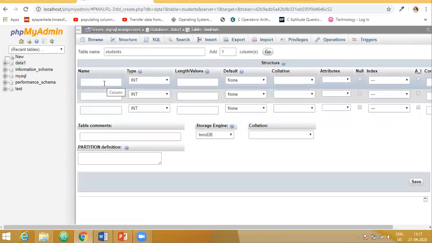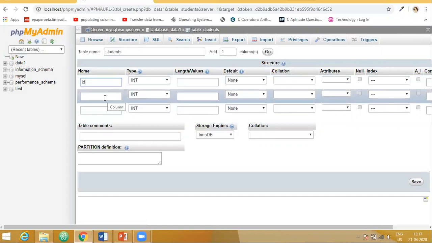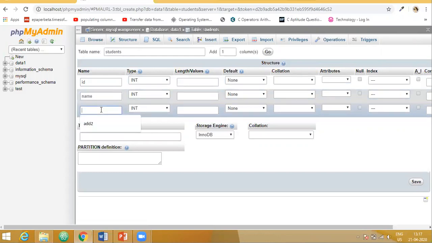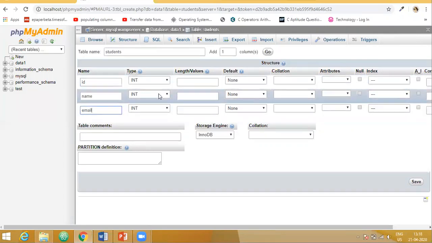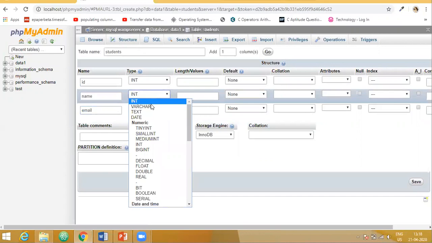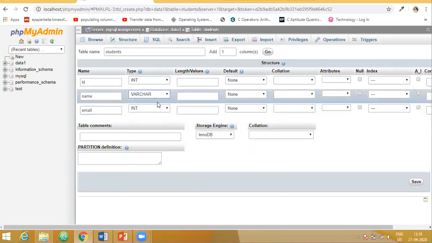Now it is asking for the different column names in our table. The first one I will keep as ID, let it be of type integer. Next name, and then email. Type is the type of data, here I'll choose varchar.